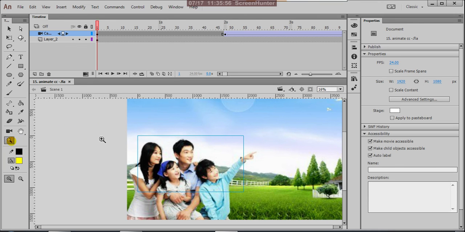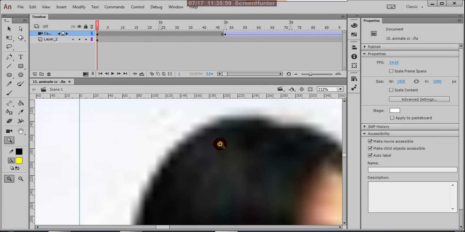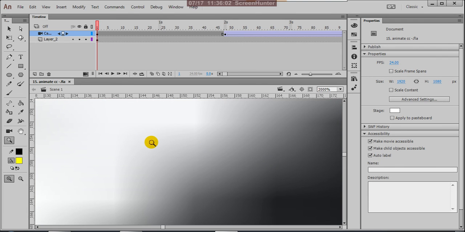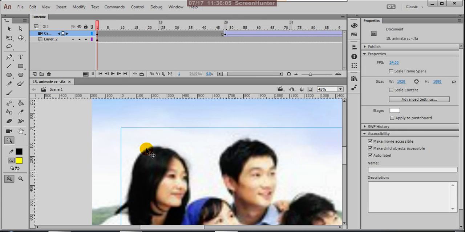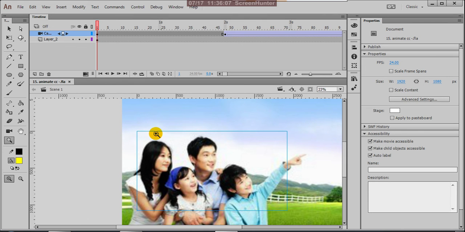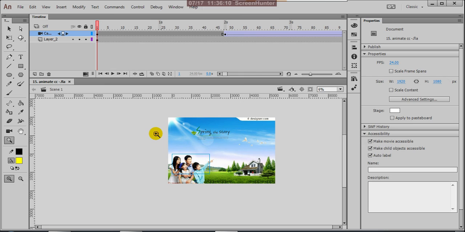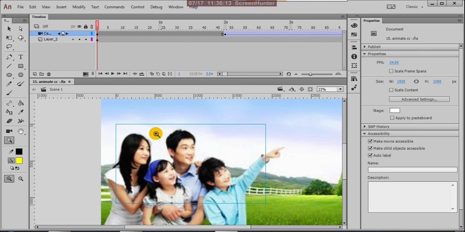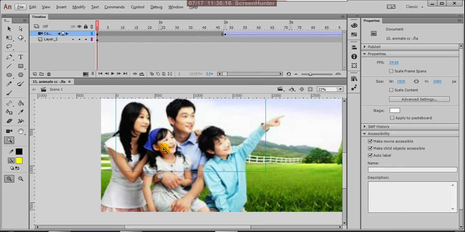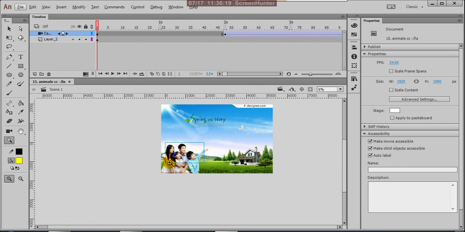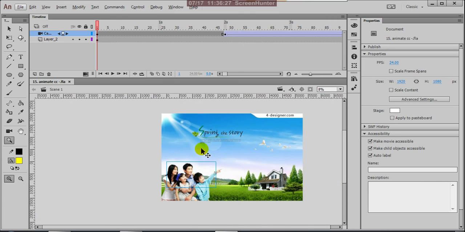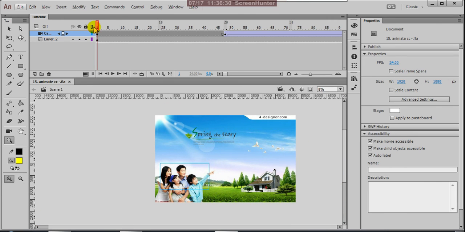So the zoom tool zooms your pictures on the particular area, so you can give the zooms. Okay, zoom in, zoom out, or otherwise Control minus on the keyboard or Control plus. By giving this you can give the zooms also. And one more, press Control and use the mouse middle scroll, so automatically it gives the zoom in, zoom out. So these are today's tools.